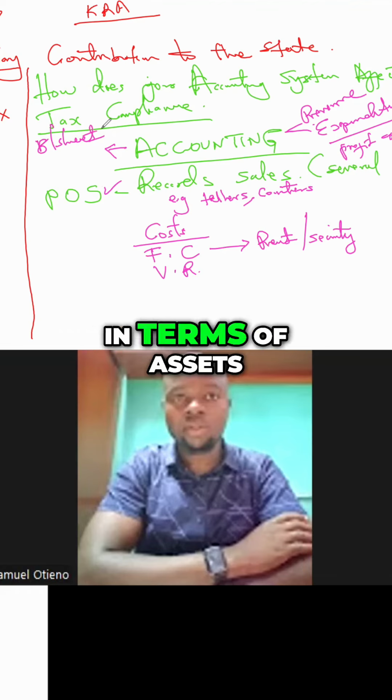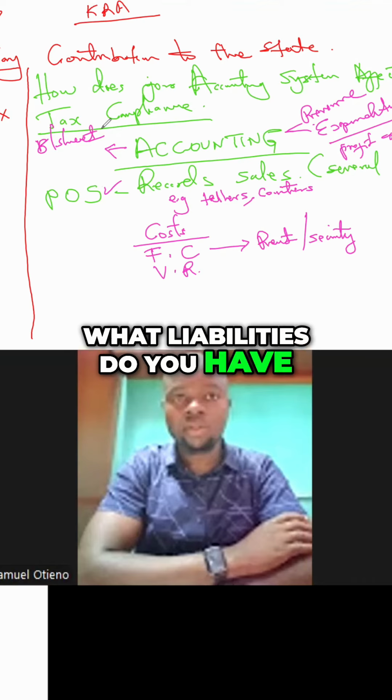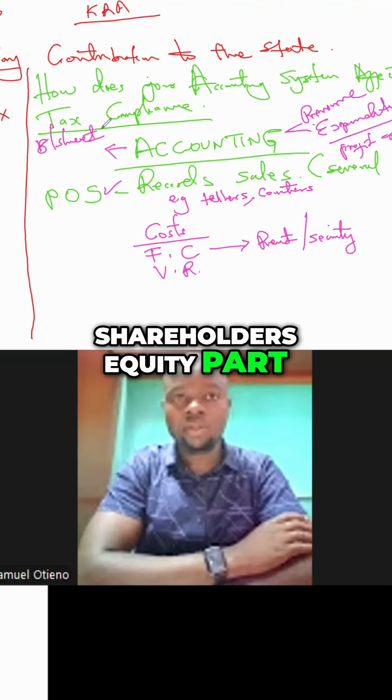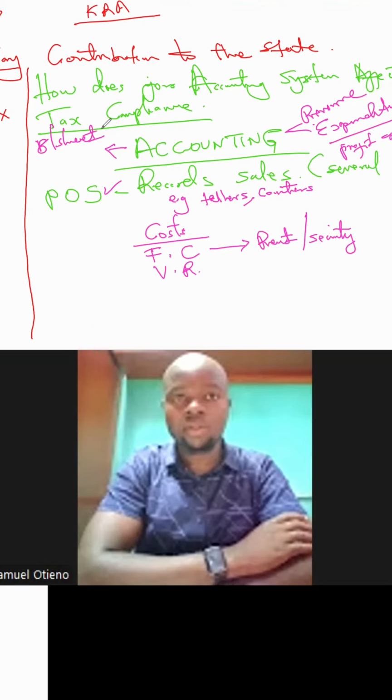What do you own in terms of assets? What liabilities do you have? In the shareholders' equity part, the ordinary share capital and elements that go with it, if there are share premiums or anything like that, what elements do you have? At the same time, you need to know your cash flow statements. And by the way, when I talk about cash flow statements,